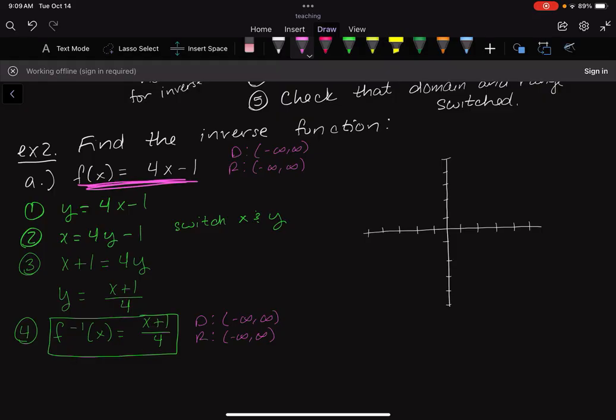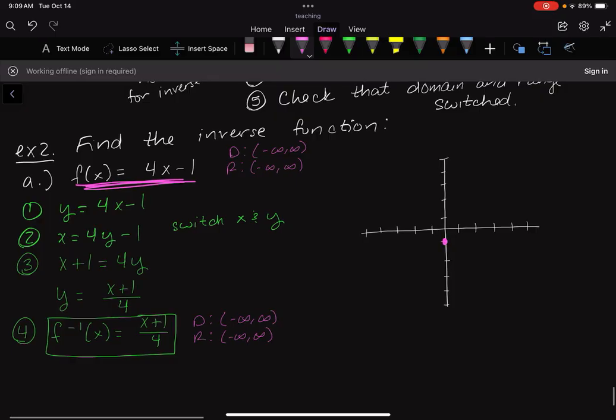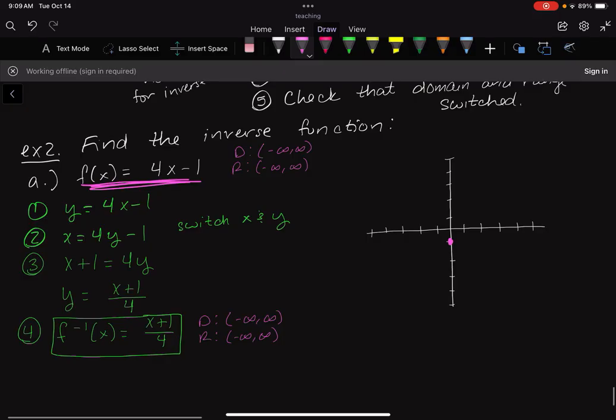So I'm going to do the old one in pink. So I have a line. So I start at -1, and then I'm going to go up 4 over 1. So 1, 2, 3, 4, and then over 1. So right here. And I like to get 3 points usually. I mean, 2 points is fine for a line, but 1, 2, 3, 4, and then over 1. So something like this